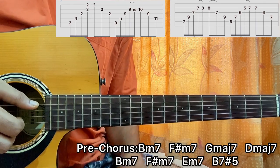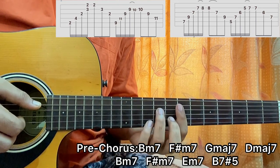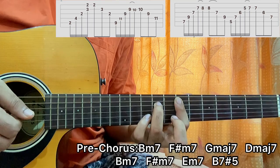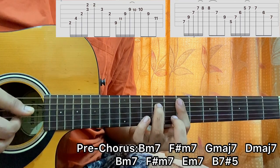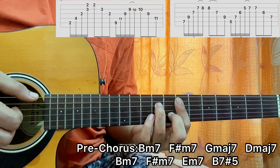And then instead of going to the G major 7 chord, now I'll go to the E minor 7, and I'll do the exact same thing which I did on the F sharp minor 7 chord. I'll play A, D, G, and then a hammer on. Then I'll play B, G, D. Same arpeggio, so we got A, D, G, hammer on the B string, B, G, D. And after that, what we do is